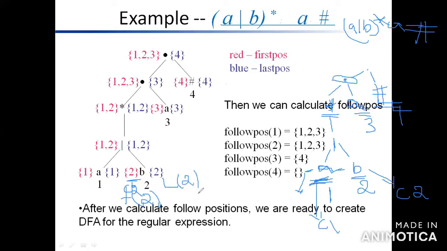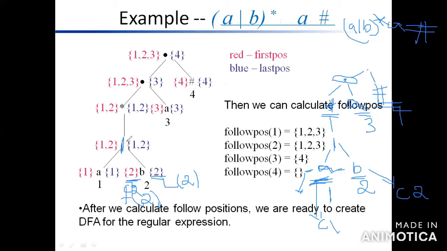This is the diagram. The red indicates the first position and the blue indicates the last position. Now it's clear: left indicates the first position, right indicates the last position. Then you have to complete the R node. For the R node, you have to complete that problem with just the tabular column.